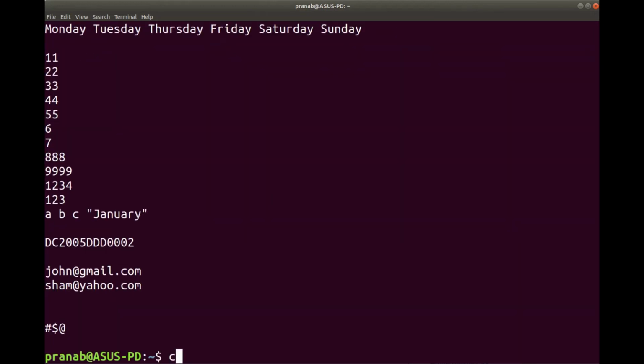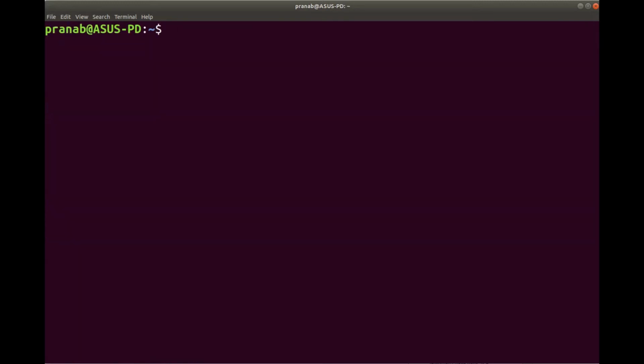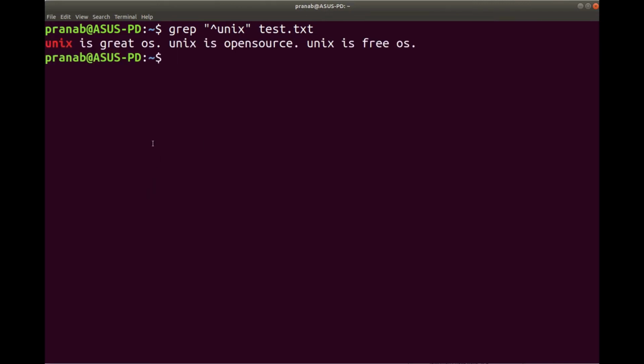So let us clear it again and go to the next command. The next command is grep, and we use this caret. This will display the lines which begin with Unix. All the lines which begin with the word Unix will be displayed.